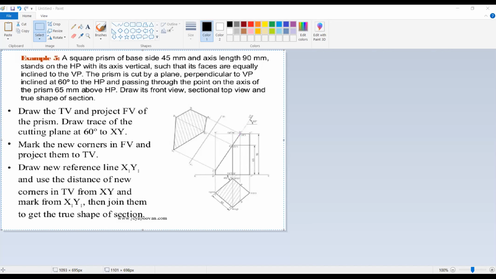So if you are having any query, any confusion, you can ask me in the chat. If you are having any query, any questions, you can ask me in the chat box. Otherwise, you can continue with the drawing and type done after completing this drawing, right?